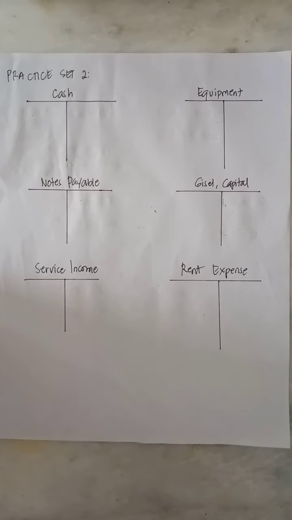Giselle decided to put up a consultancy firm and invested cash for 1,500,000. So what is the value received by the business? Cash. So what will be the effect on the accounting elements? There is an increase in cash since the value received is cash. So therefore, there is an increase in assets. When you increase the assets, you debit, since cash is being received. Debit cash for